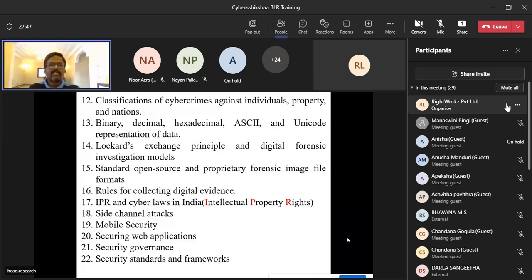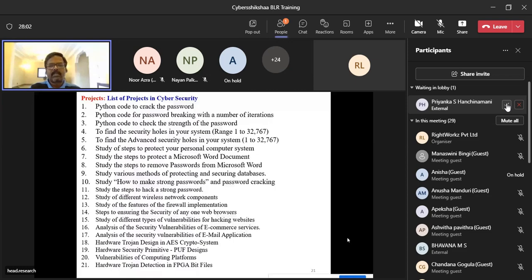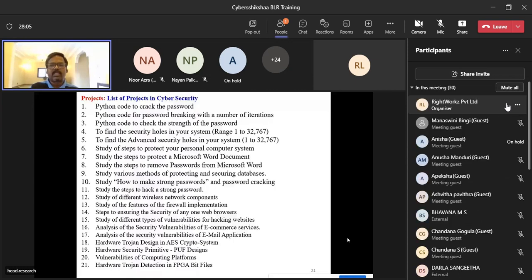And followed by the list of projects in cyber security: Python code to crack the password, Python code for password breaking with a number of iterations, Python code to check the strength of the password, to find the security holes in your system, range 1 to 32,767, to find the advanced security holes in your system, study of steps to protect your personal computer system, study the steps to protect a Microsoft Word document, study the steps to remove passwords from Microsoft Word,